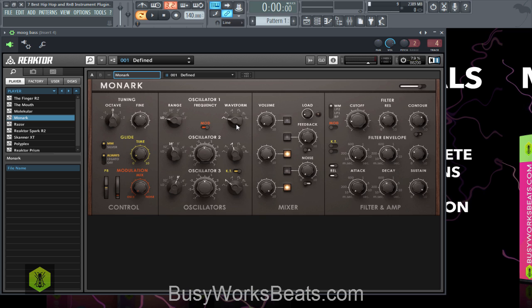So Monarch is a Moog emulation plugin. Moog is that bass that you're trying to create, but you just don't know how to create it. And this is a great plugin. It's straightforward. It gives you the Moog interface, and you might fall in love with the Moog sound. It's the DJ Mustard bass. It's the bass you hear, you just don't know it. So let's play a couple. It's that kind of bass. Now what I'm going to do is shape a couple things to give you that DJ Mustard type of sound.